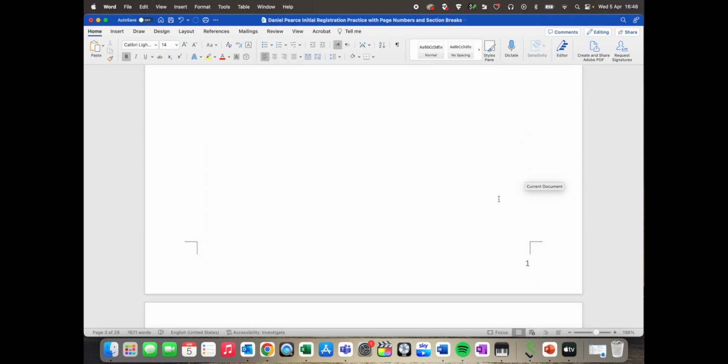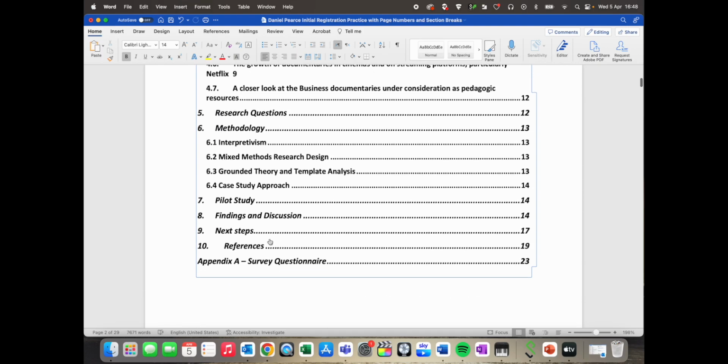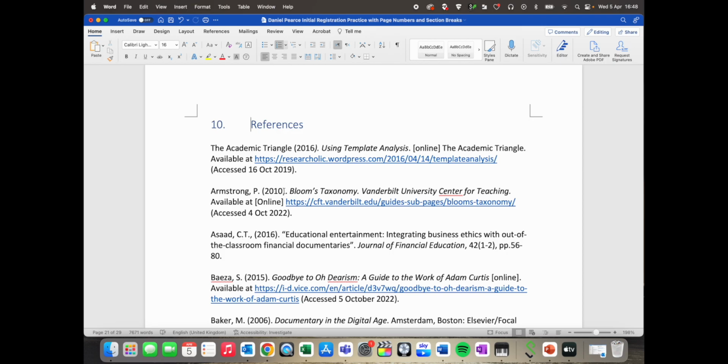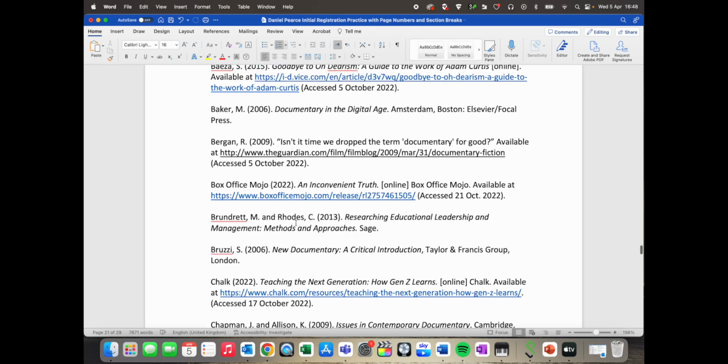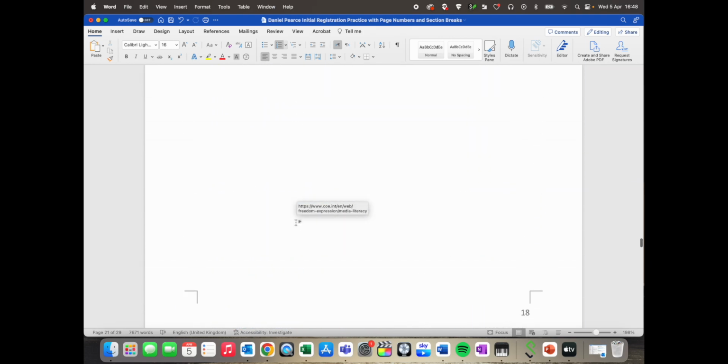Okay, now I just want to do the same thing that we did, but by doing it before the references list, because we don't want pages on the references list. Okay, so I'm going to go up to the table of contents, click on references. Okay, here are my references. I don't want any page numbers here, so what I'm going to do is go up and do the exact